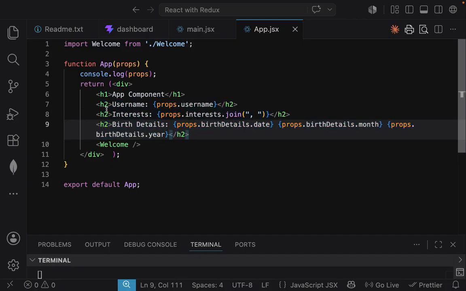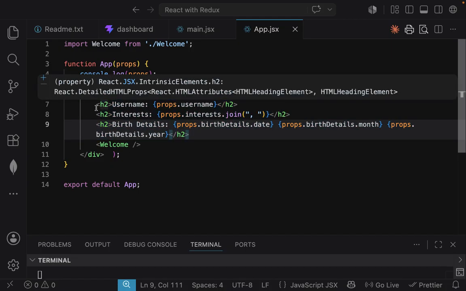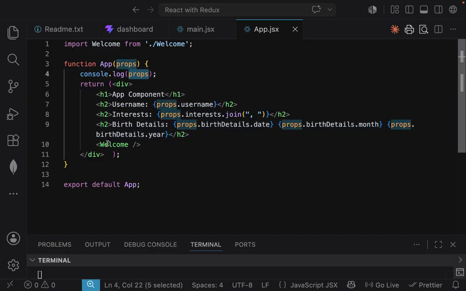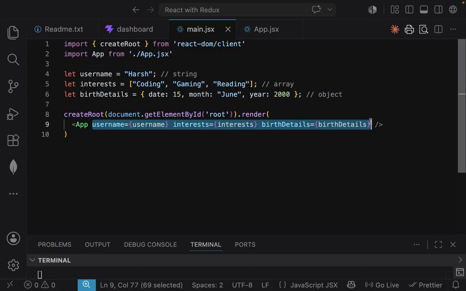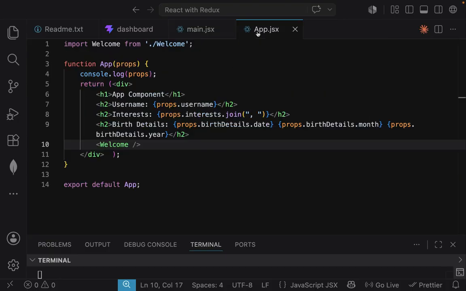Now suppose let's take an example. You want to pass these props to the welcome component also, so the welcome component can receive these props. So we can do it very easily. I have two different ways by which we can do it. Either I can create three variables, pass it like HTML attributes, the way we did it in the main component, or I can use ES6 dot dot dot and I can directly pass the data as well. So let's say I'm creating the three variables right now,